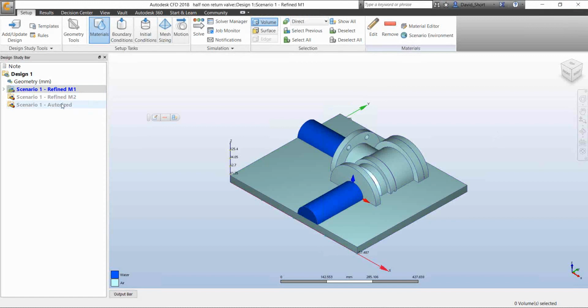As you can see on the left in the design study bar, we've got the scenarios as we defined earlier: the auto-sized, so just using automatic mesh, then the manually refined mesh, and then refined M2, which is the mesh after one cycle of adaptation. So if we step into this scenario,